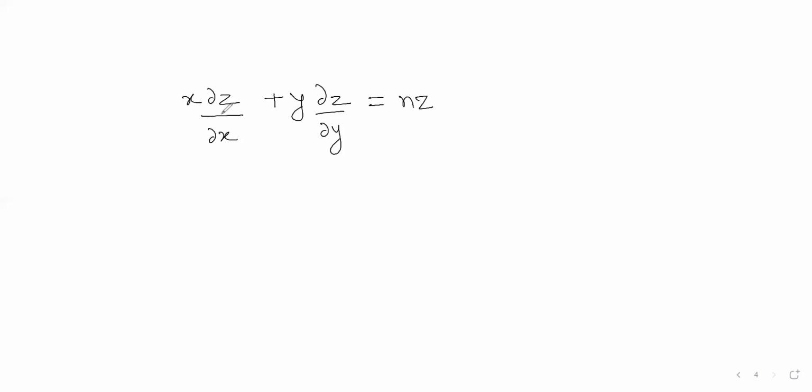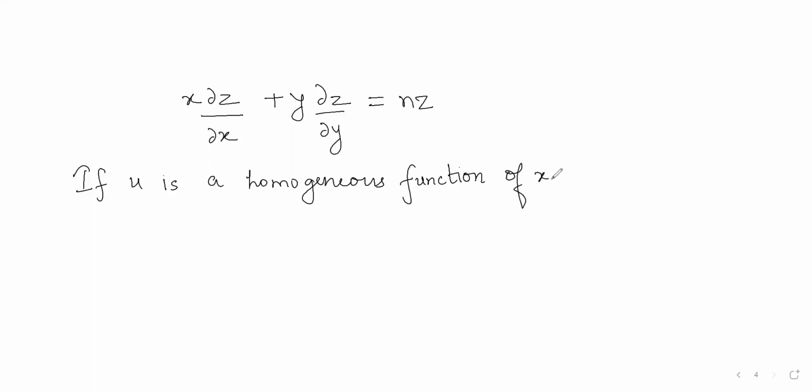But if we are having more than two variables, let's say three variables, we say that if u is a homogeneous function of three variables x, y, z, and its degree is n, then we can write